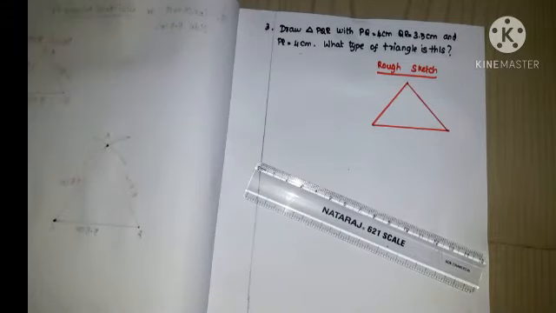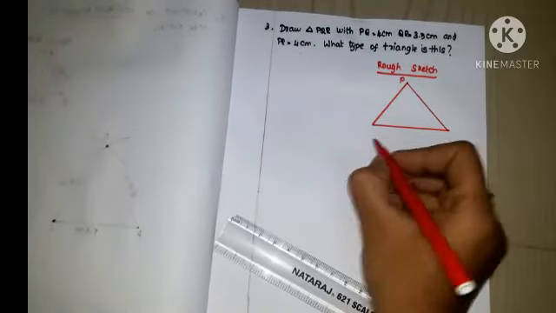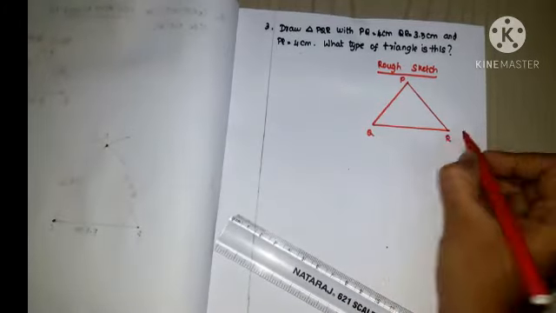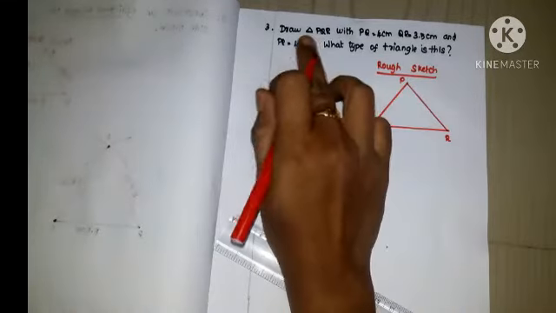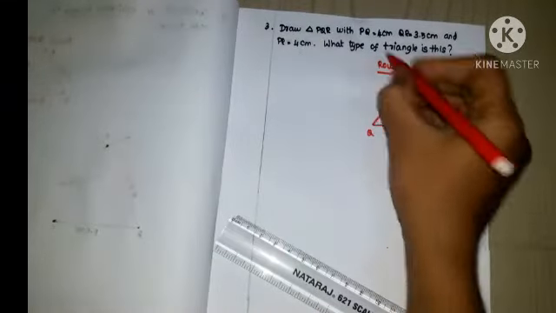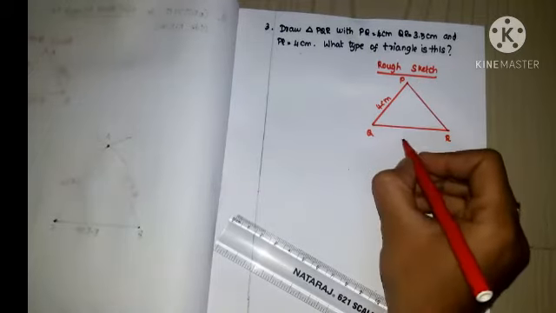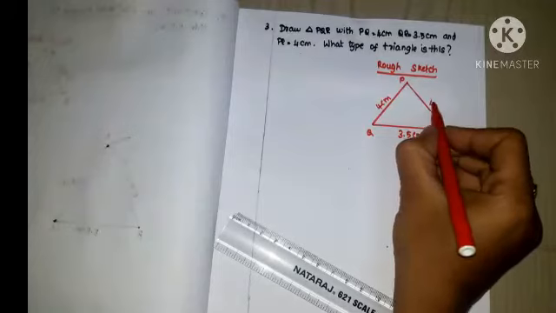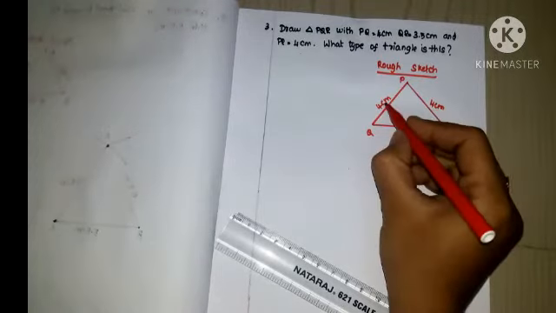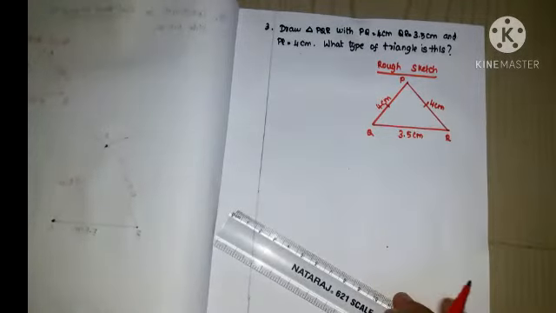Okay, so let's see whether it is an isosceles triangle or not. So see here, PQR. I just named the triangle as PQR. In the question itself we are given triangle PQR. So what is it? PQ is equal to 4 cm, QR is equal to 3.5 cm and PR is equal to 4 cm. So I am able to say this side and this side are equal, which means this triangle will be an isosceles triangle.